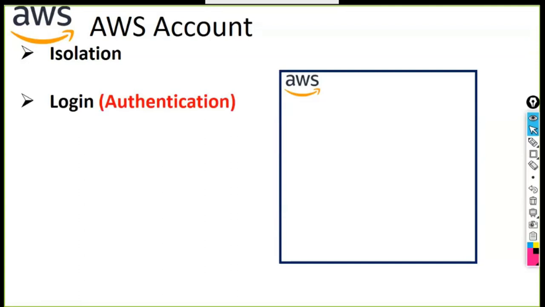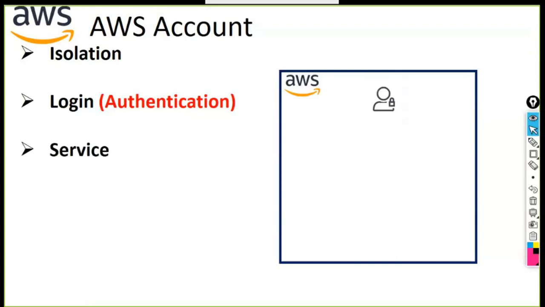So the login is there, authentication has to happen. Once the account is created, you have to authenticate yourself by providing your credentials, the username and password. A root account will get created. I'm talking about once you create your own account, you're the root user. Now you will authenticate yourself. That authentication credential can never be shared with others. If you share it, they might start consuming AWS services. When they start consuming AWS services, and if it crosses the free tier, you will be charged. How you will be charged, I'll show you shortly.